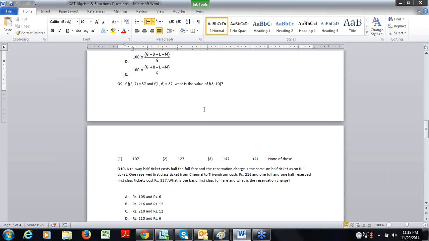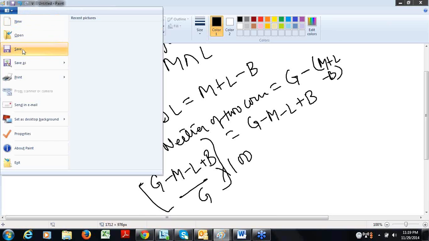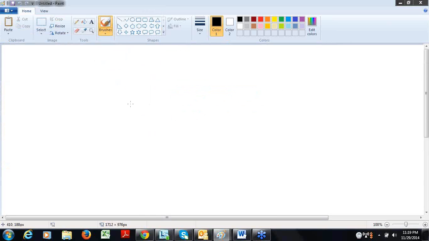Now let me remind you about these types of questions. These types of questions are trial and error questions. So if you are able to find out the relation between A and B in this equation, just give 30 seconds or move ahead. Don't waste your time on these questions if you are not able to derive the value in 30-35 seconds. So here, if you see, f(A,B) will be nothing but A cube plus B square.